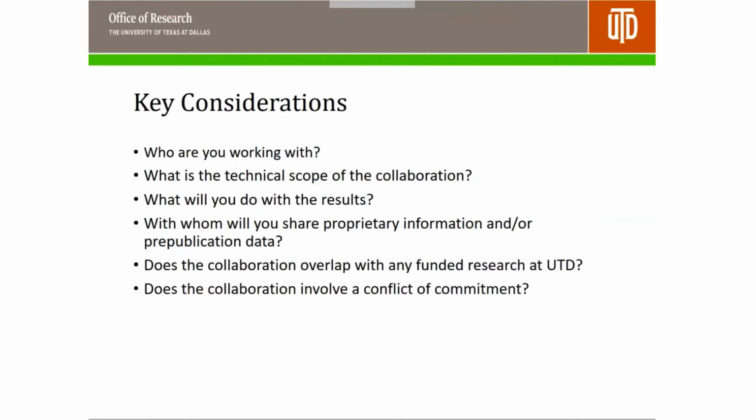Make sure that, if you're going to be sharing research data, you may not be asking that they keep it confidential, but, hey, let's not share the data before we're ready to publish together. If that's the intention of the collaboration, just be aware of who will have access to